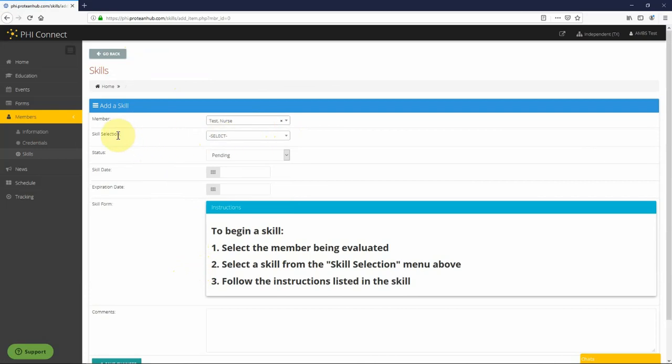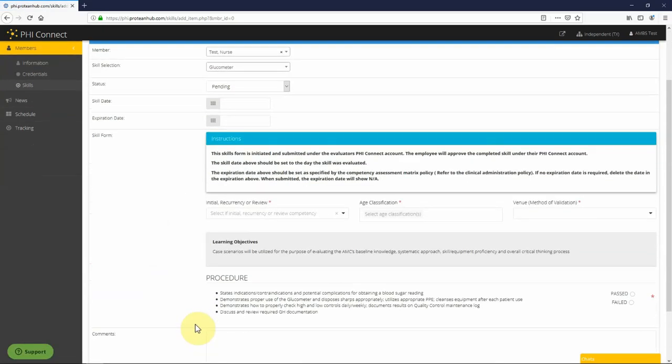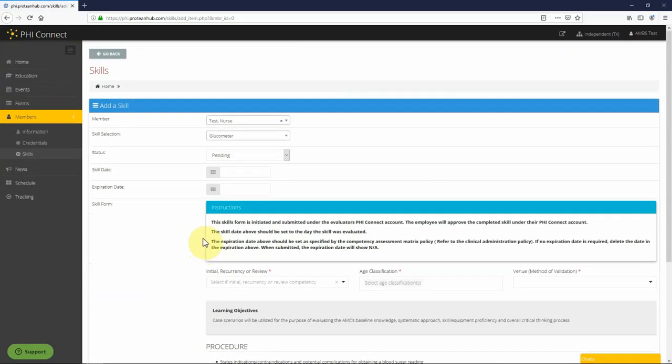Our next step is the skill selection. We're going to go with glucometer. The skills form will now populate with all the objectives related to the glucometer clinical competency. We'll leave the status as pending and refer to any of the instructions here on how the skill date is going to be set. So obviously skill date is the day that we're evaluating,